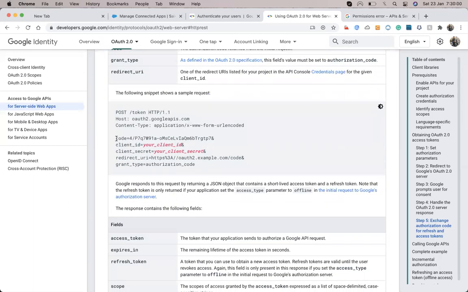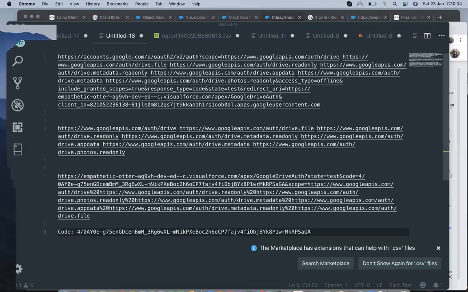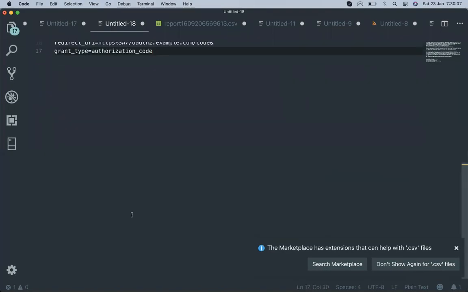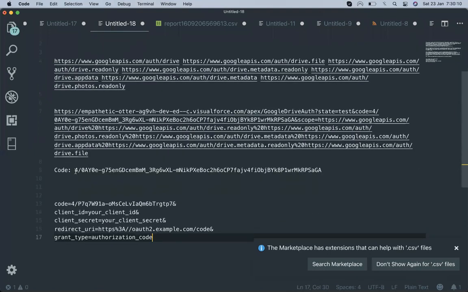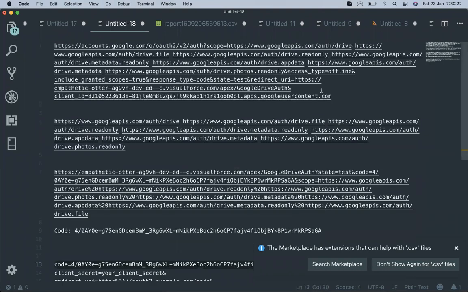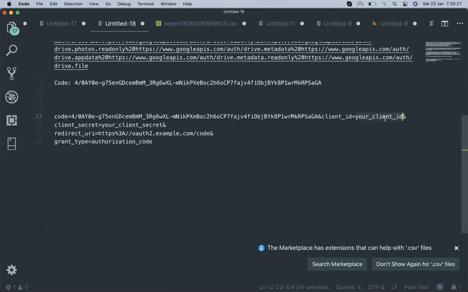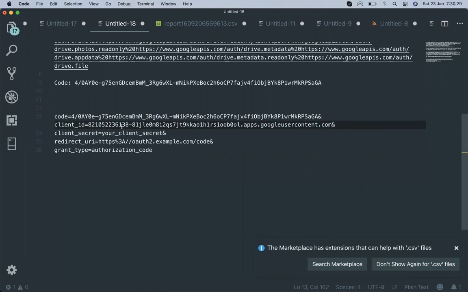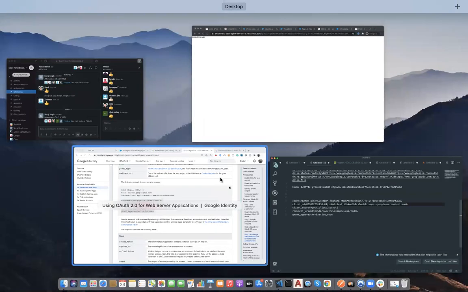Let's prepare this for the authorization. Replace the code with the code. Replace the client ID; here we have the client ID. Then we need a client secret. Where is our client secret?